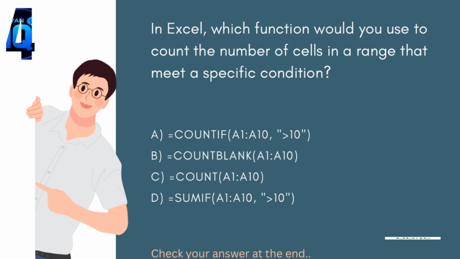Now, we have 4 options listed. The first one, A equals COUNTIF(A1:A10, ">10"). This function counts the number of cells within A1 to A10 that are greater than 10. It's perfect for counting cells based on a condition. The second option, B equals COUNTBLANK(A1:A10), counts how many cells are empty. The third, C equals COUNT(A1:A10), sums up the number of cells that contain numbers, ignoring blanks and text. And the last, D equals SUMIF(A1:A10, ">10"), sums the values in the range that meet the condition, but